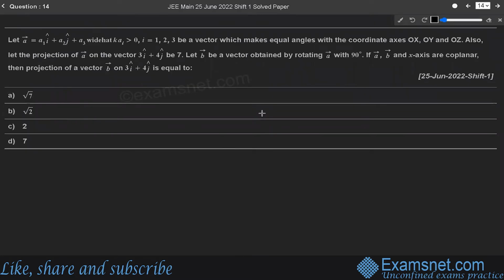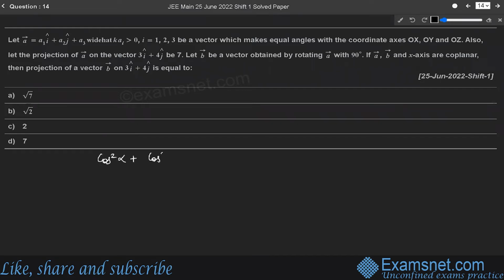Next question is: let a vector is equal to a1 i plus a2 j plus a3 k, where ai is greater than 0, i is equal to 1, 2, 3, be a vector which makes equal angles with the coordinate axes OX, OY and OZ. Also, let the projection of a vector on the vector 3i plus 4j be 7. Let b vector be a vector obtained by rotating a vector by 90 degrees. If a vector, b vector and x-axis are coplanar, then projection of b vector on 3i plus 4j is equal to: